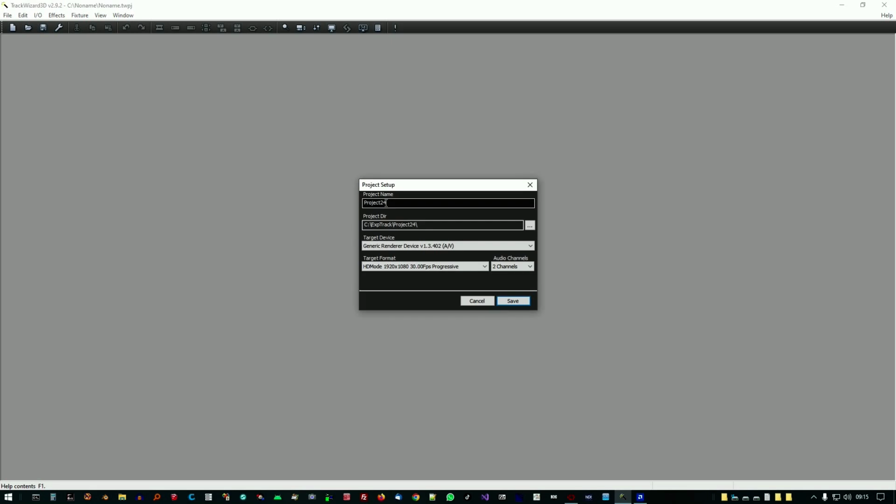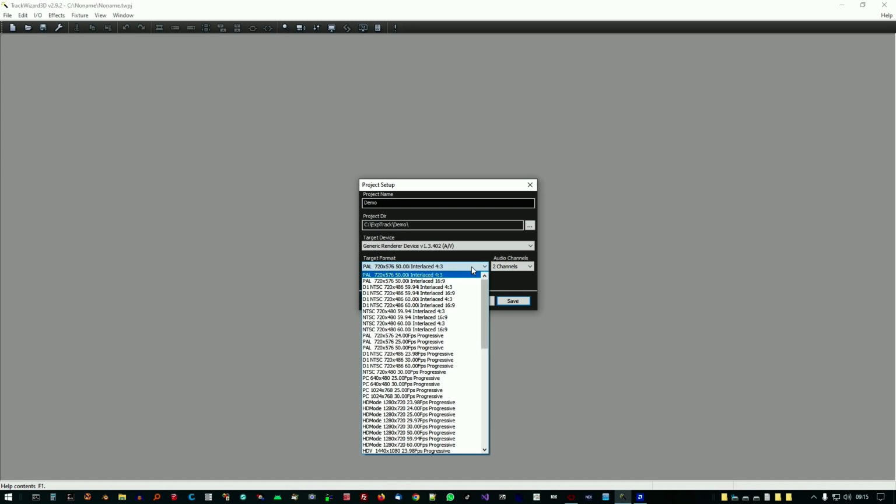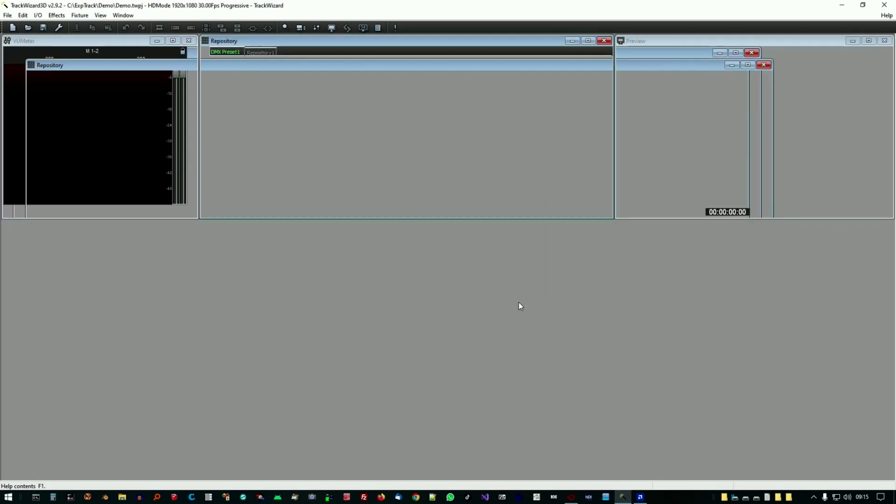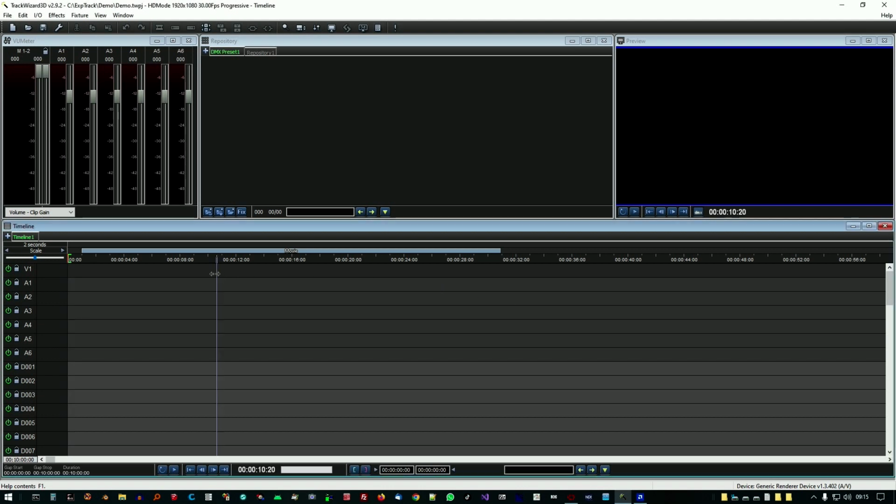When starting the program we select New Project. We set the name and the project folder. We choose the audio-video format we want to use. We use the generic output device which only provides the audio-video preview, and we select the video format based on the format of the clips we are going to insert. We set the number of audio channels and create the project by clicking on Save. In this way the new project will be created and shown on the screen.